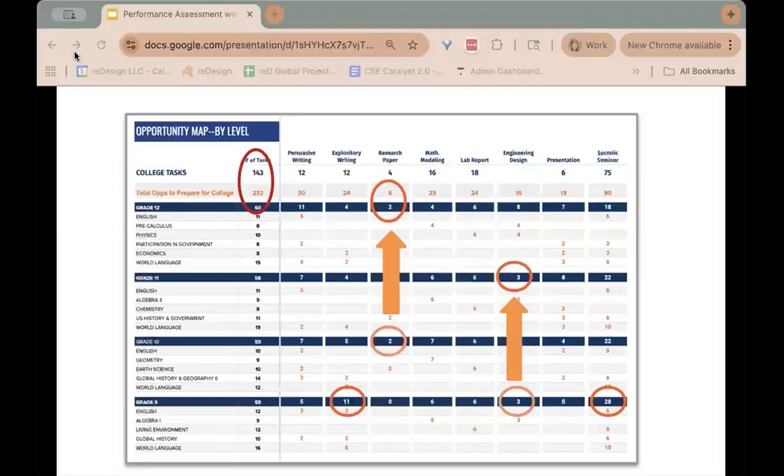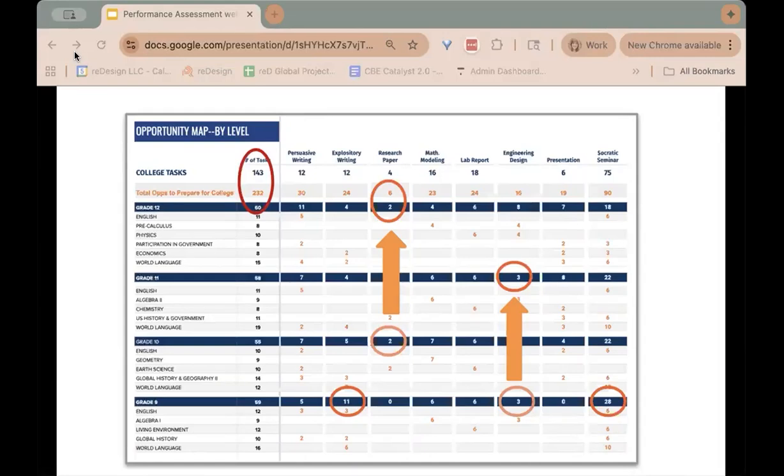So we don't any longer say English handles writing because it's not enough practice if English does all the writing. You'll never get to 200 tasks if English has to be the main place where writing is handled.